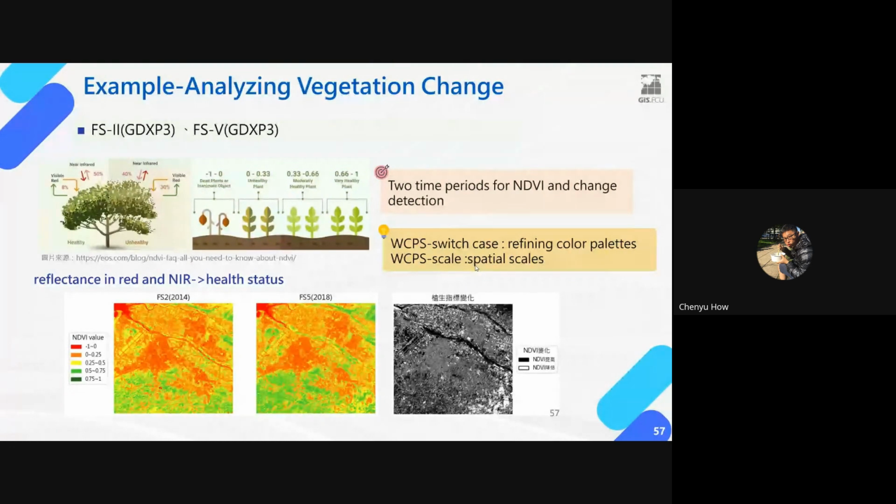And consistency is key in this comparison. So we use these two processes on both images and get the result. By examining the reflectance in red and near-infrared light, we can effectively unveil the health status of vegetation. This approach provides valuable insight into the overall well-being of plant life through the analysis of light